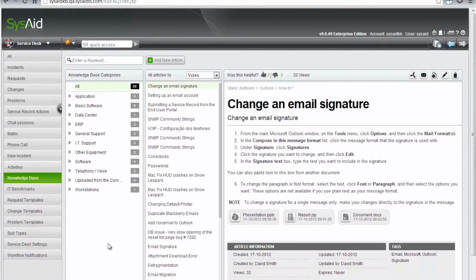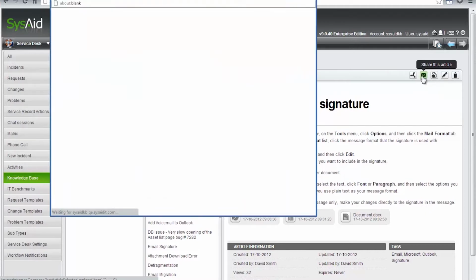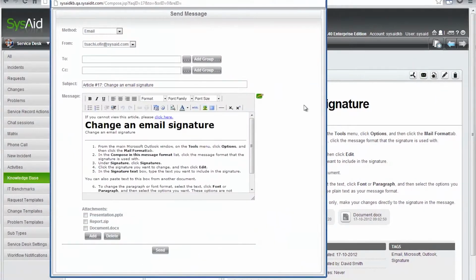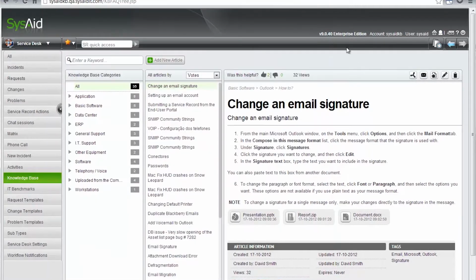So here we have other options that the end user does not have. It's the new button, and here we have the share this article option, so the administrator can share the article with the end users or other administrators. That was a feature that was asked for by a lot of customers. They want to send an article to the user without the link, the actual article itself. Yes, right. Great. And the other thing is the export to SysAid community. An administrator can share the article with other SysAiders around the world. And the edit